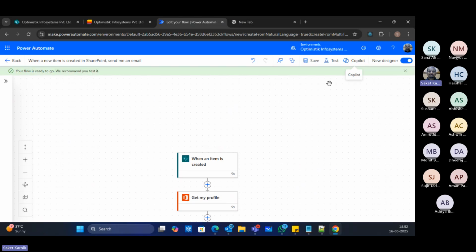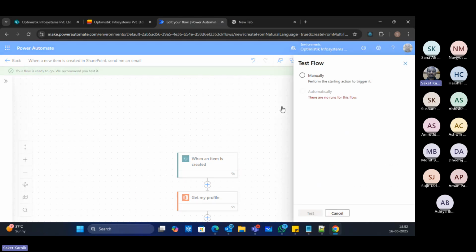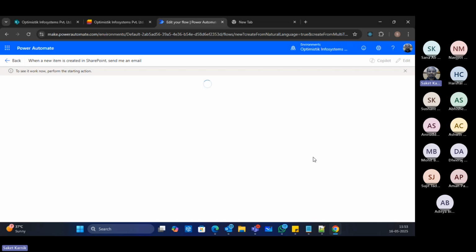The flow is saved. And now here I click on test. For the first time, this is usually important. Actually, it will be automatically running. It is active already. So even if I don't click on test, but here I want to see the green text also. I don't want to go to history and all. So I click on test for the first time. Now it's waiting for the triggering action, right? What is the triggering action we have said? When an item is added to the list, correct?